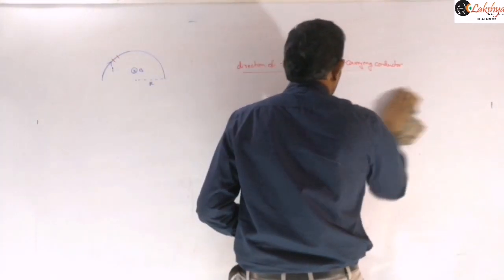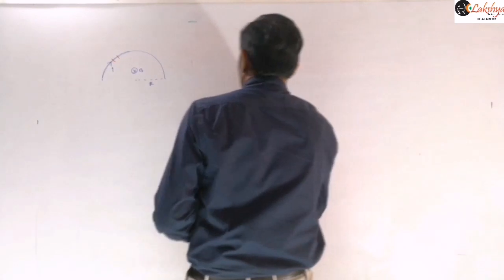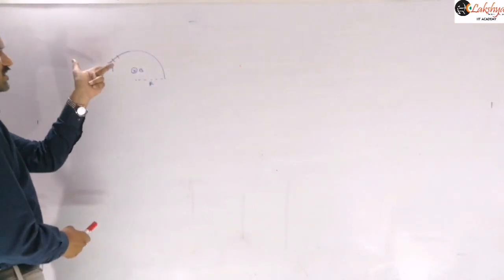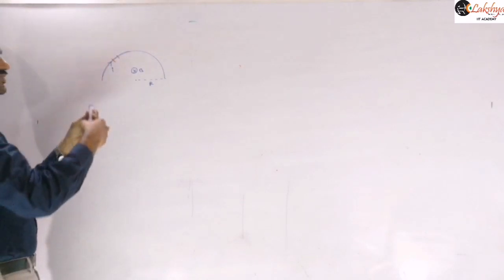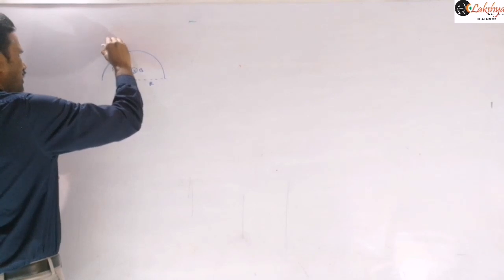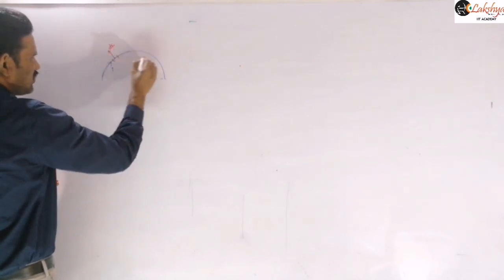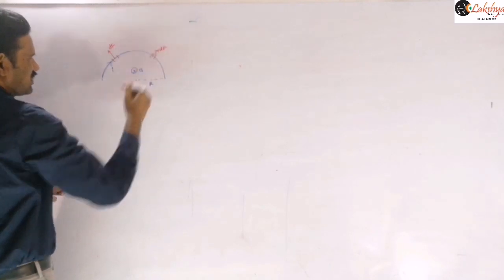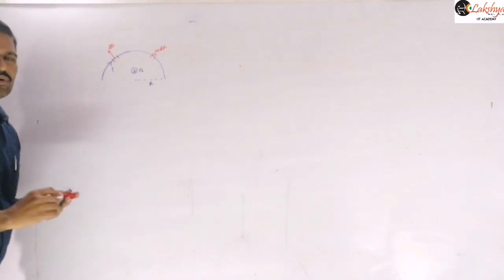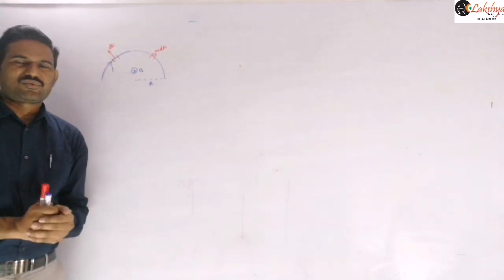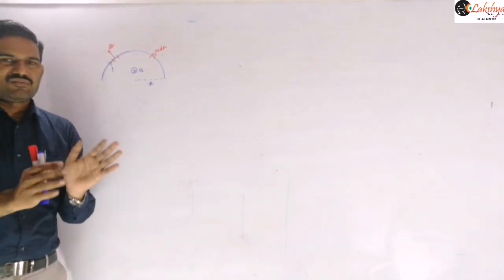Now in this problem, according to the direction I said, the field is into the plane, the current is flowing along this direction, so the magnetic force acting on this element will be along this direction; dF will be along this direction. So you can resolve this. Another element, if you take it here, then dF will be along this direction. If you resolve them into components and integrate them, then you will get the net force acting in this upward direction, right?